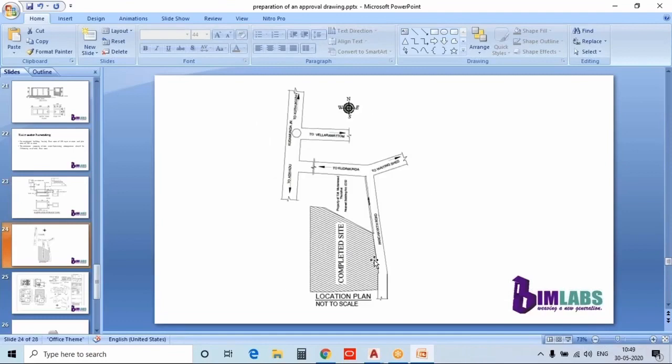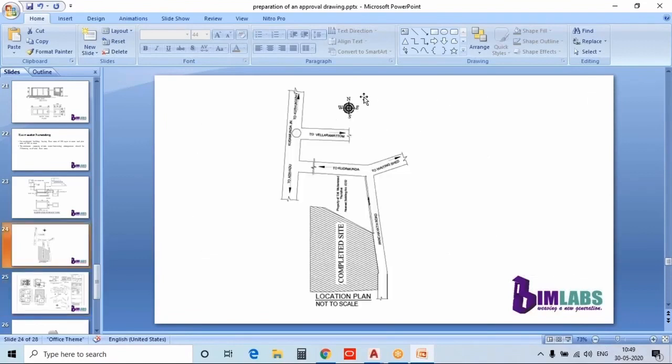Okay. Then for the approval drawing, we have to prepare a location plan. We can make it easier by just browsing our location on Google or anything like that. We have to mention our location in relation to our neighboring roads and all those things. Here you can see that some roads go to and divert to some main roads, and all these things are shown here, and the proposed building is also shown here. Like that, you have to prepare a location map, and on the location map you can place a north arrow in the direction of that location.